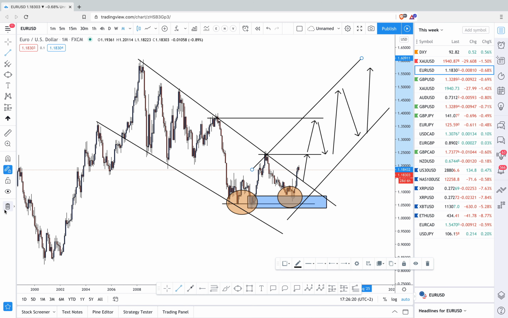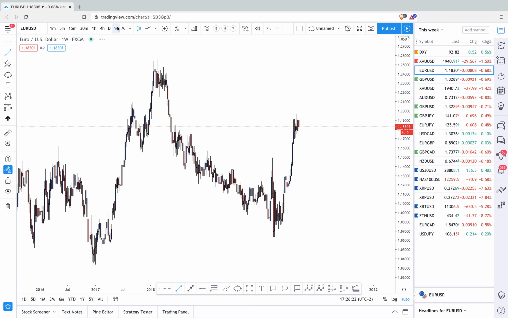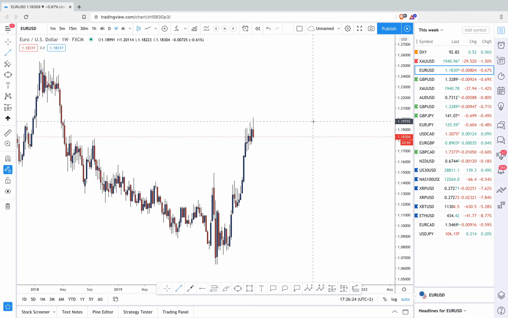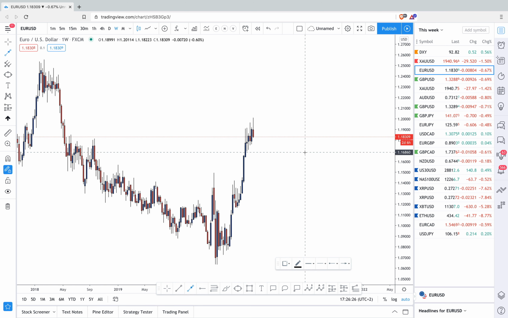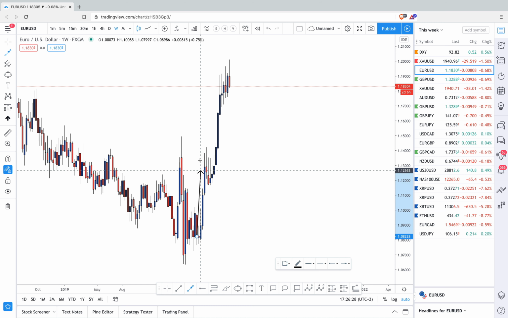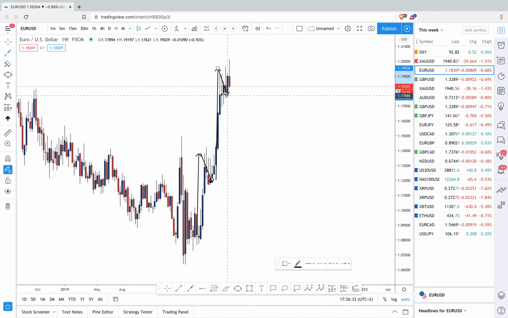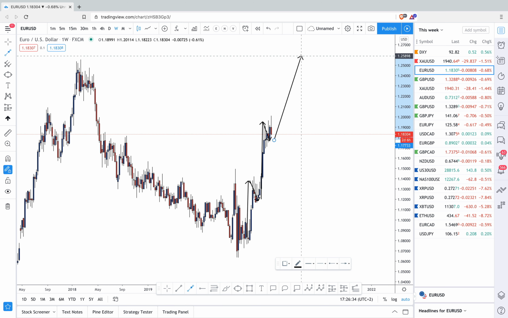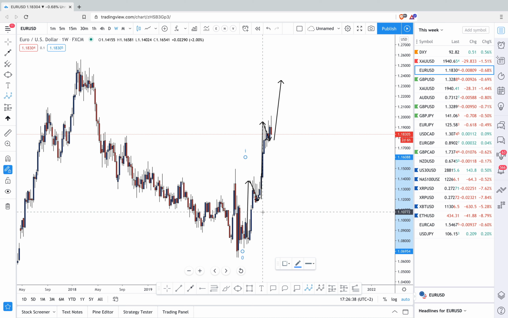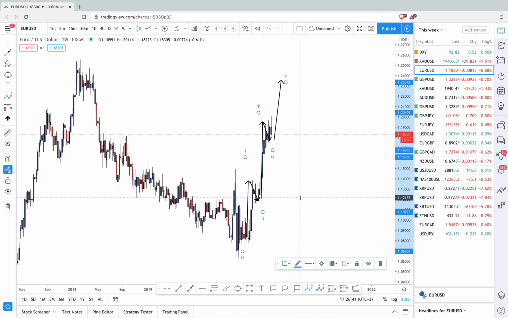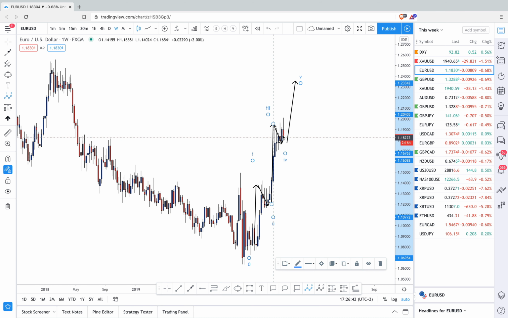you can see. But this is not interesting right now for us. We want to see what we can do. And from a weekly perspective, what do we see? Impulsive, corrective, impulsive, and right now corrective. And I'm expecting again impulsive to the upside, which is going to be, if you look to Elliott wave, 1, 2, 3, 4, 5. Okay, and this 4 wave over here, it does not need to be a corrective move